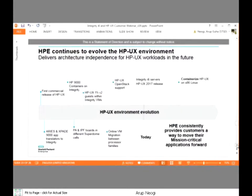On to the vision for the future. HPUX has evolved over time. HPUX initially was running on PA based processors. Over time, we moved that to Itanium based solution, and the software continued to evolve, and it evolved seamlessly. And the workloads have continued to evolve along with operating environments. It's provided binary compatibility for a very long duration, and it's provided the scalability and stability that is needed